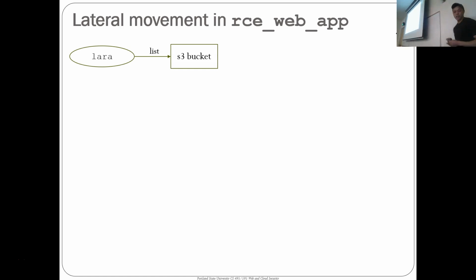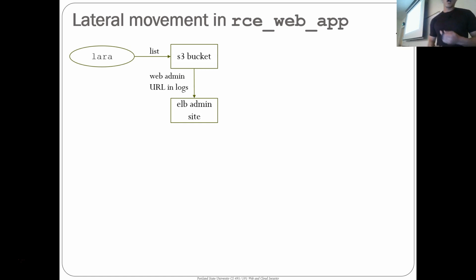So you're going to start out again with some credentials. The profile that you create, you list some buckets. You find in the S3 bucket a bunch of log files. The log file is innocuous, it's just got logging information, but what that does is in the log file, it reveals a URL to a special path in some website project. So that you'll get this URL in the log files, and it will point to some